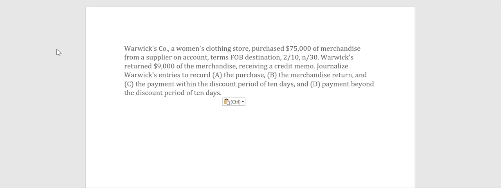So in this example, they tell us that Warwick Company is a women's clothing store. They purchased $75,000 of merchandise from a supplier on account. The terms are FOB destination, 2/10 net 30. Warwick returned $9,000 of merchandise, receiving a credit memo, and they want us to journalize the entries to record the